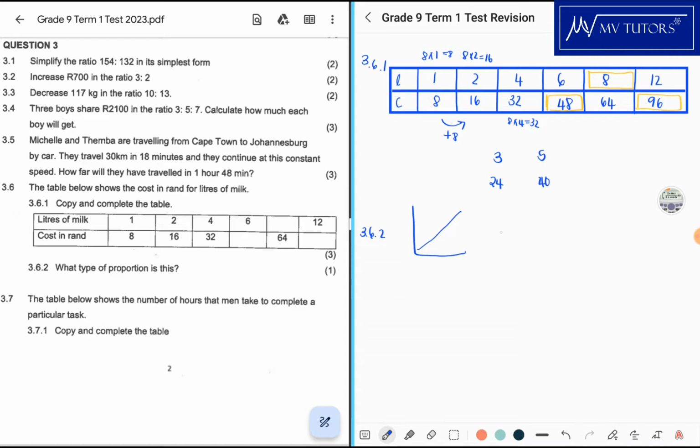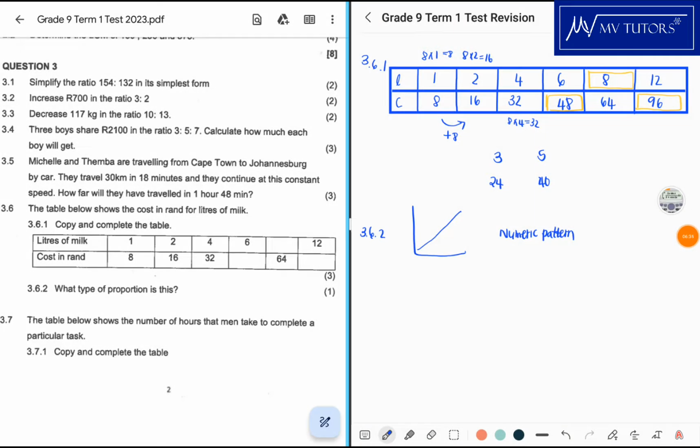So this is a numeric pattern that is quite linear, because you can see that we are increasing the amount of liters and also the amount of rands are increasing. So it's a positively linear